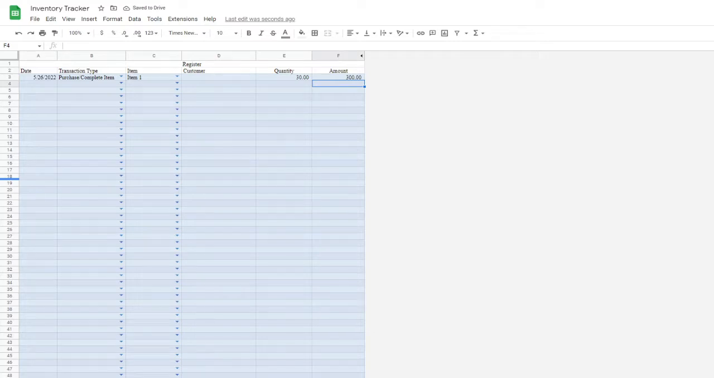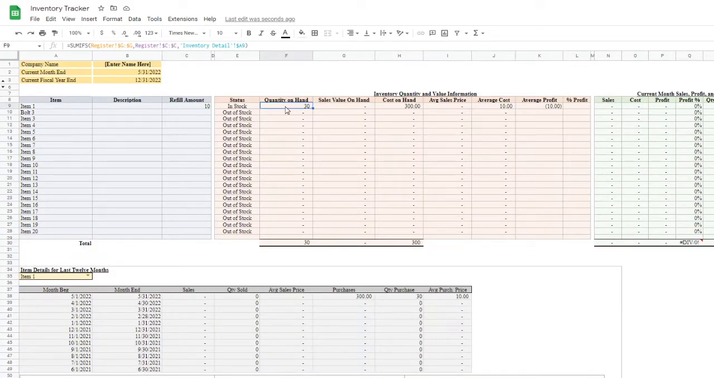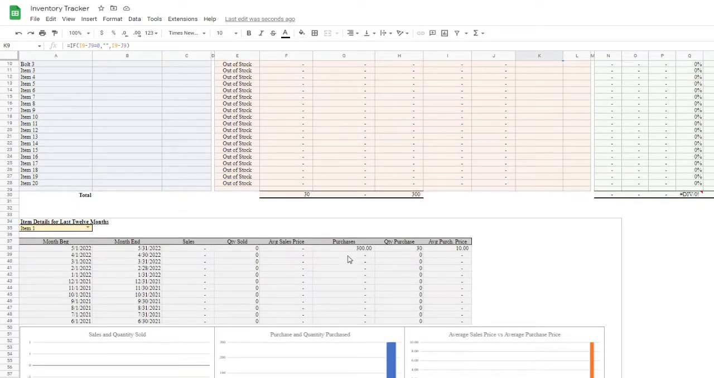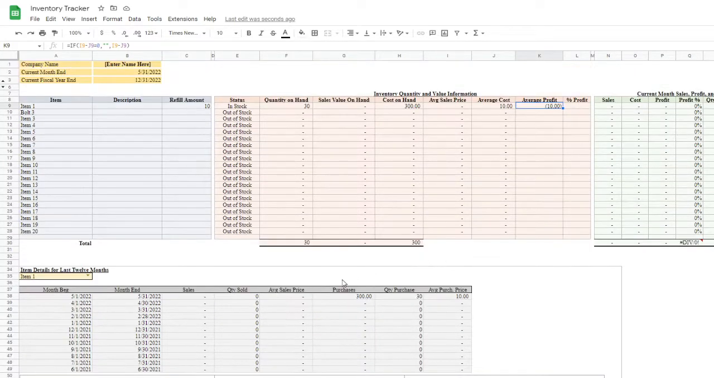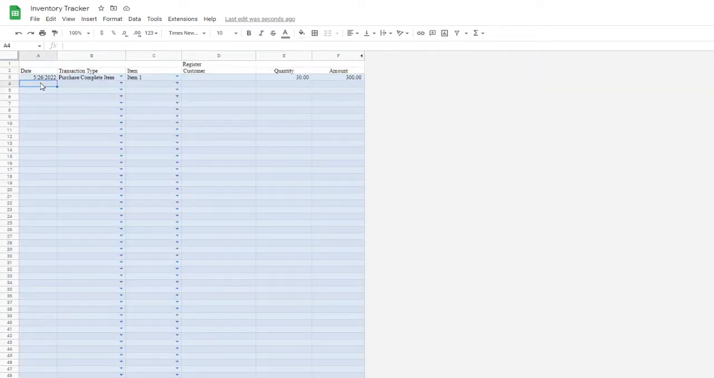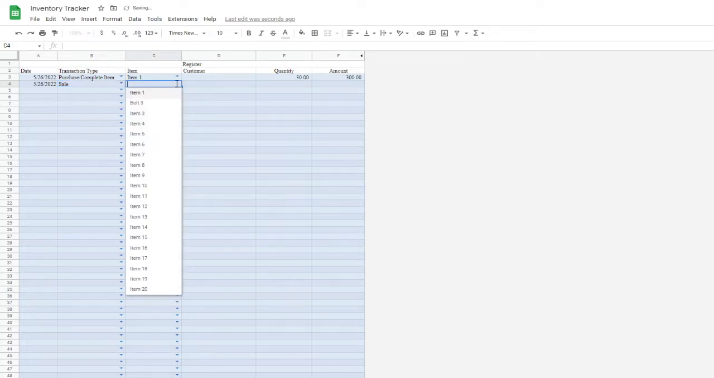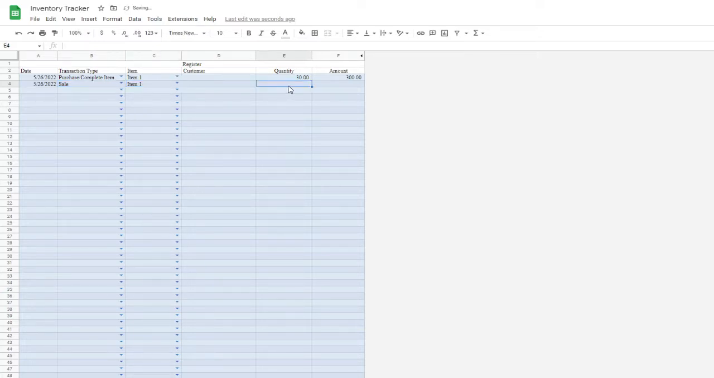If I go over to the inventory detail, you can now see I have quantity on hand of 30. I have a cost on hand of 300 and average cost. And right now it's showing that I have a negative profit because I've not sold any yet. You can also see down here the information starting to input there. Now, let's go ahead and input another one. And let's just say sale. And let's say that I sold it. Let's say I sold 10 of them, and I sold those 10 for